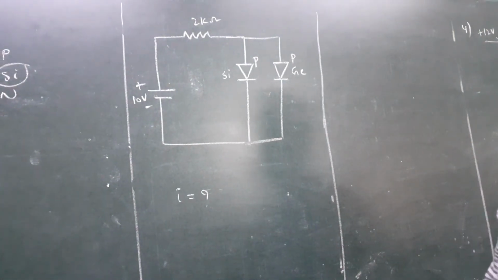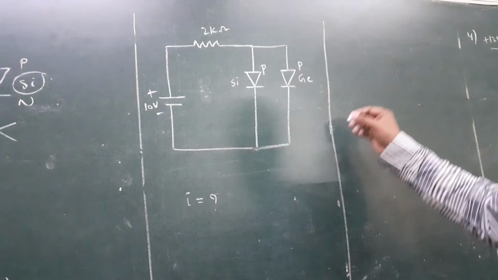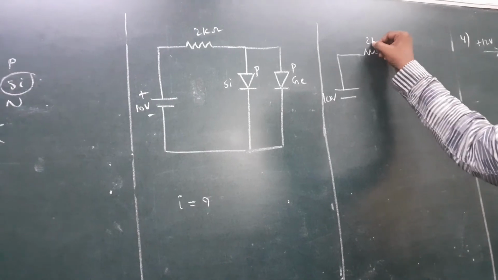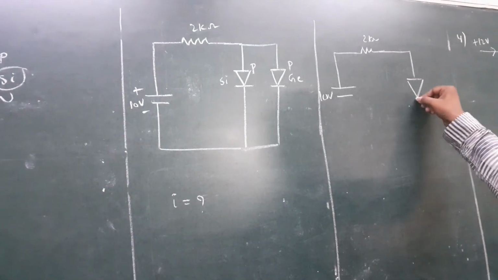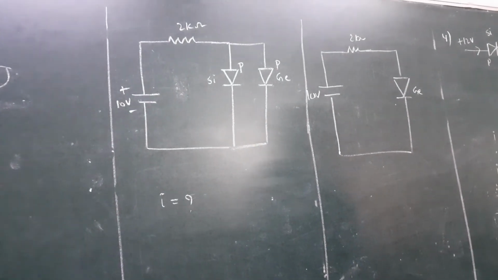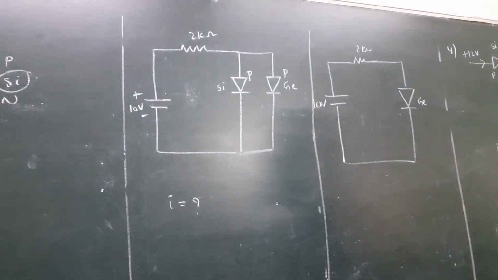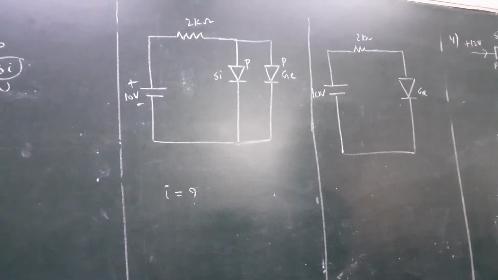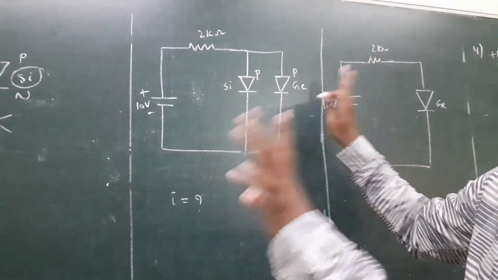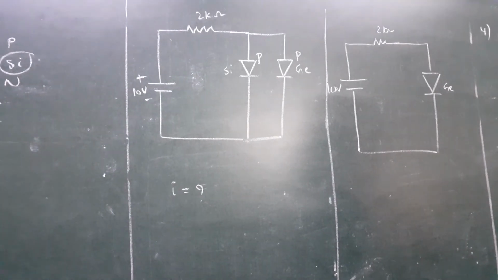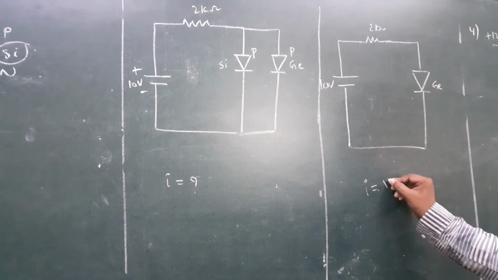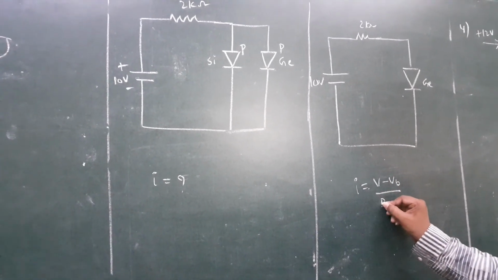So in this electronic circuit, we follow the less opposition. So in this diagram, we write it in this manner: 10 volts here, 2 kilo ohm here. Silicon is removed, because although silicon is the shortest path, no doubt, its opposition is more. So I take the less opposition. When both oppositions are equal, we follow the shortest path. When both are unequal, we follow the less opposition. So the current formula in forward bias is V minus VB by R.